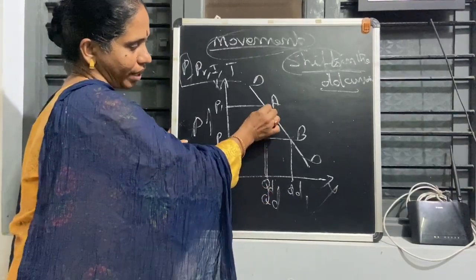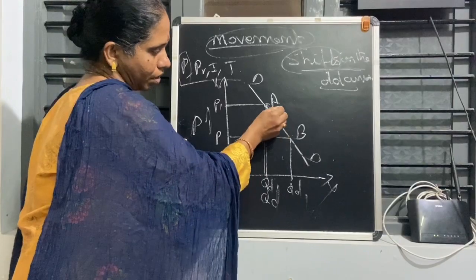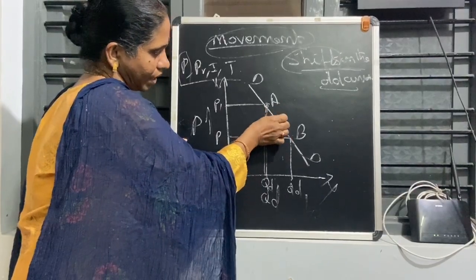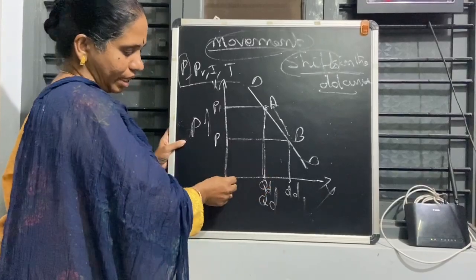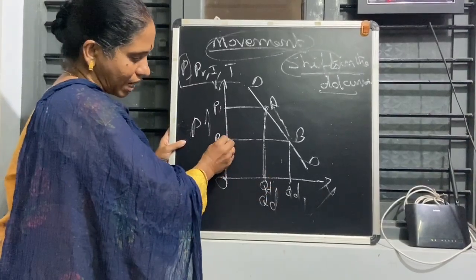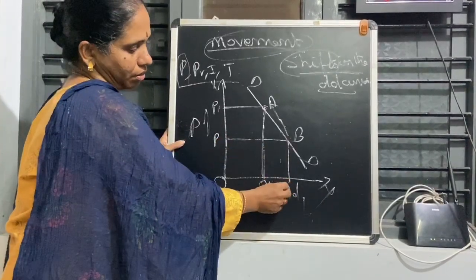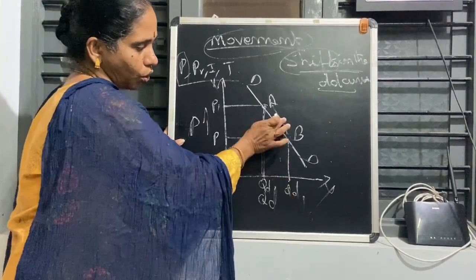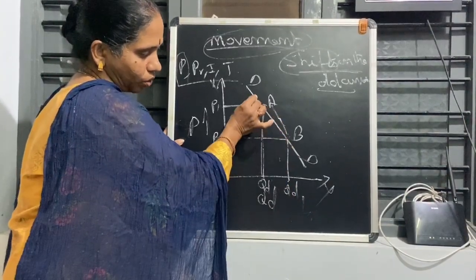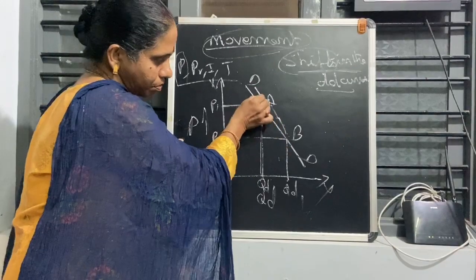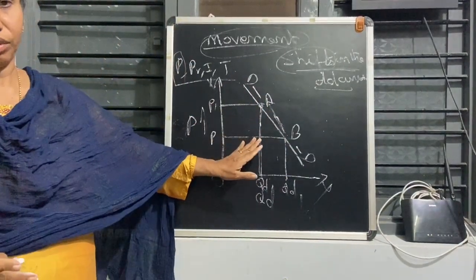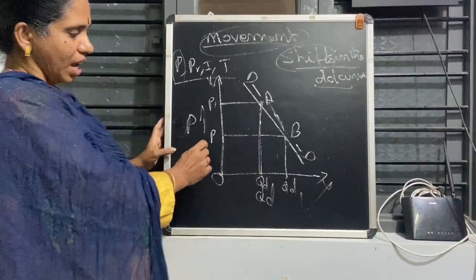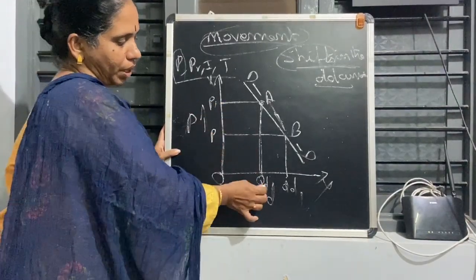So this point is coming. The movement is happening between these two places, here and here, because when the price increases, quantity demanded will decrease. This is the origin. When the price is less, people are buying more. So we are explaining this graphically with A and B. This is called the movement in the demand curve. Hope you understood. You see the price level and what's happening to the quantity demanded.